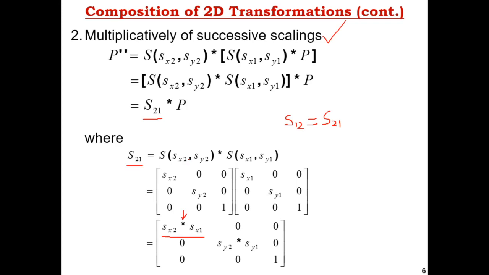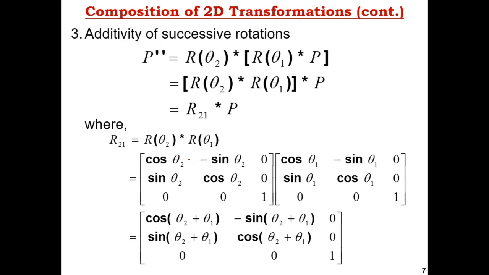Come to the next, which is rotation. Rotation generates additivity. Additivity means that after the composition of two successive rotations, a plus sign is generated. How is this plus sign generated? You can very easily solve this problem. When these two matrices are multiplied, this result is generated. After this you can see that this is a plus sign, and we know that the plus sign is always commutative.